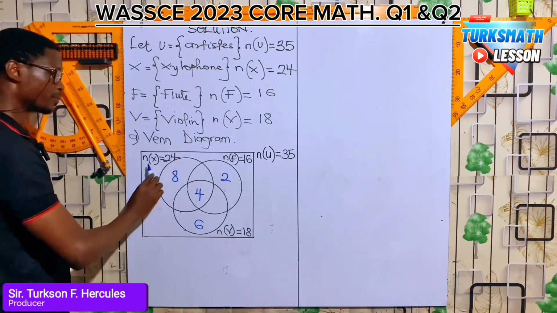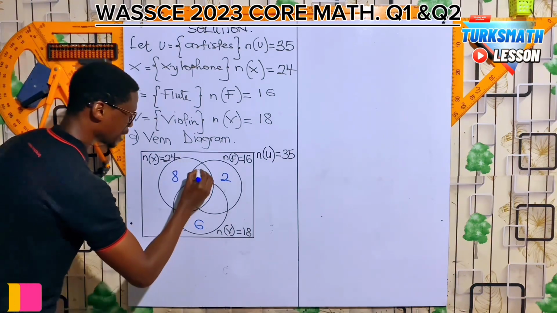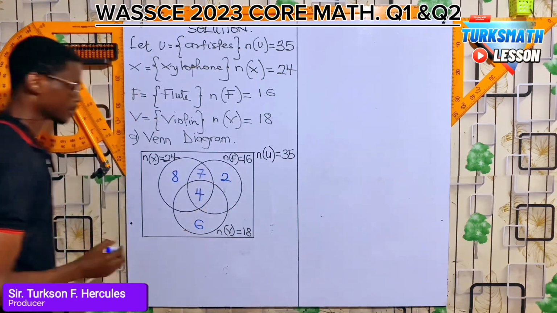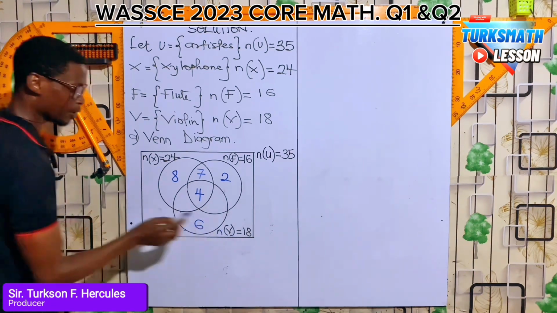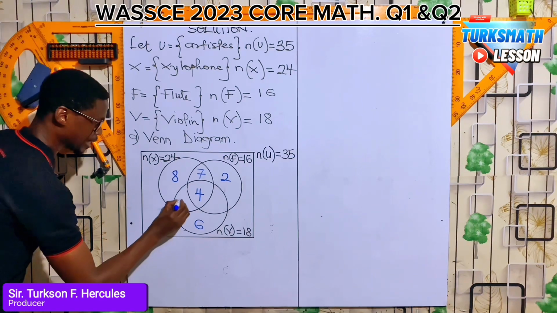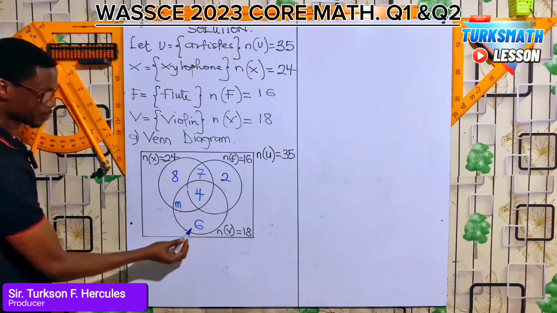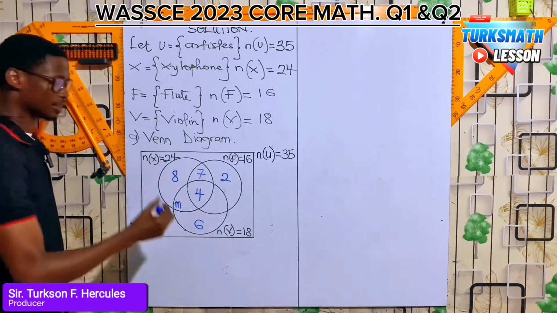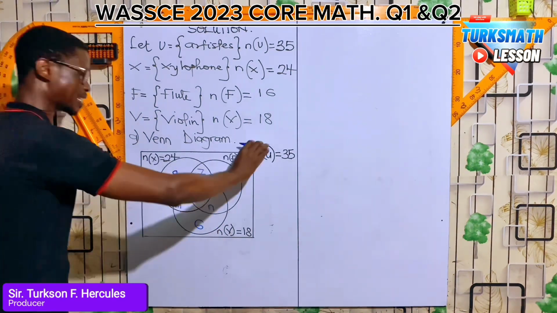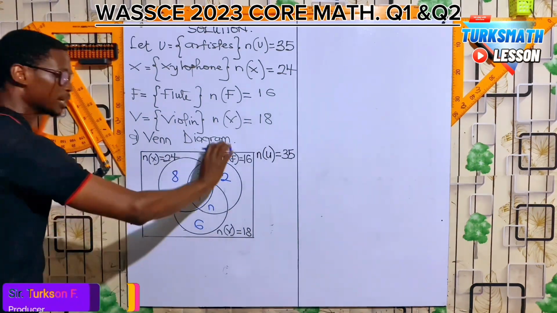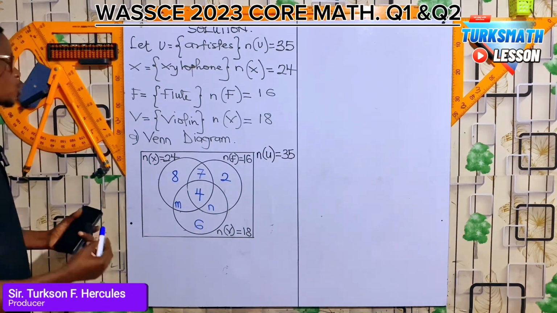Whilst 7 preferred xylophone and flute only. So 7 here. Now, we don't know xylophone and violin, so we use M. Then flute and violin, that one too I don't know, so I'll use N. So now we are done with our Venn diagram, and we have labeled it nicely, right? So we don't have any problem here. Now let's go to question